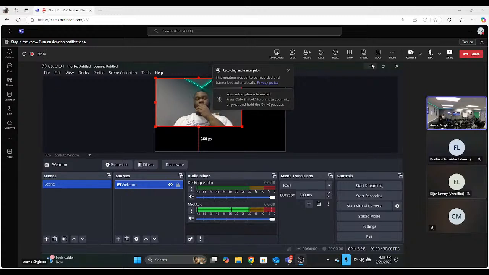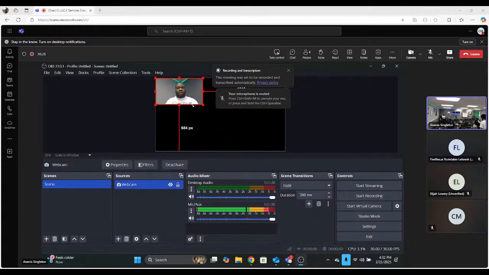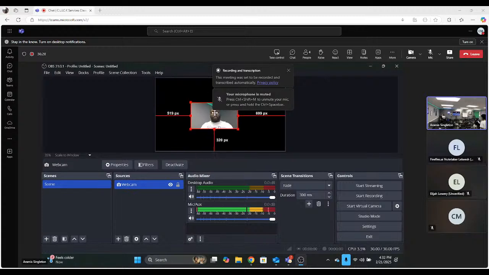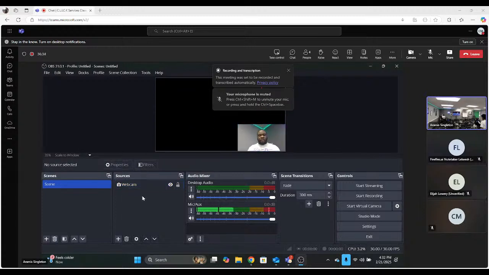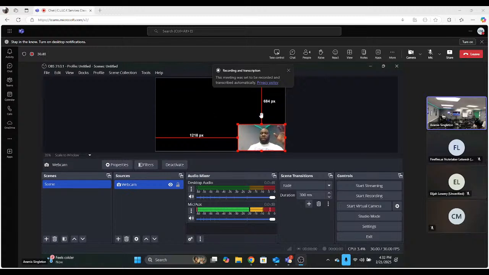Go back to OBS. So in OBS, you're going to see this gray, right? What I want is for you all to make yourself small. So as you see how my reticle is right here, I'm going to make myself small like this. I'm going to bring this in this corner right here. And then right here, so this is how I want you to look. I want you to have it like this. The reason why is because the rest of this right here,